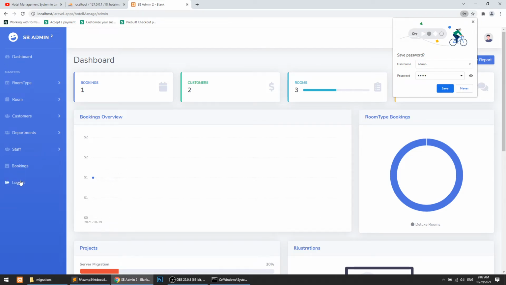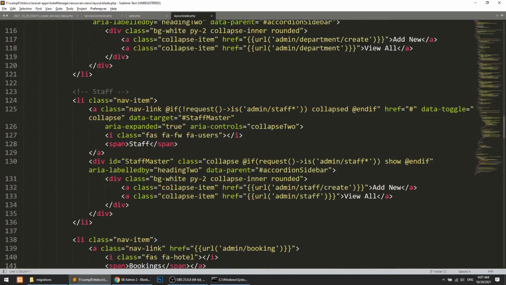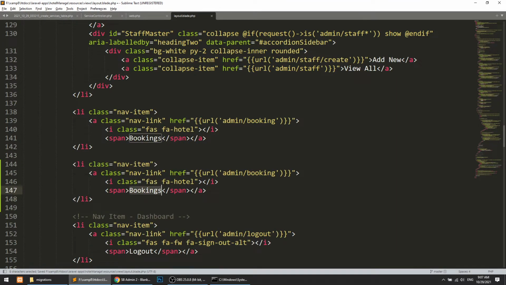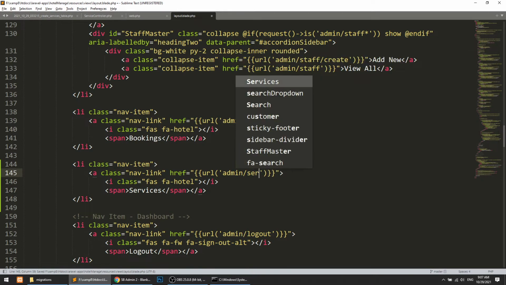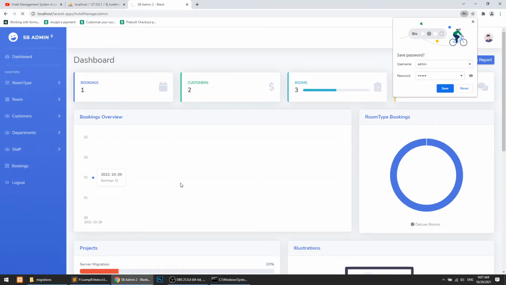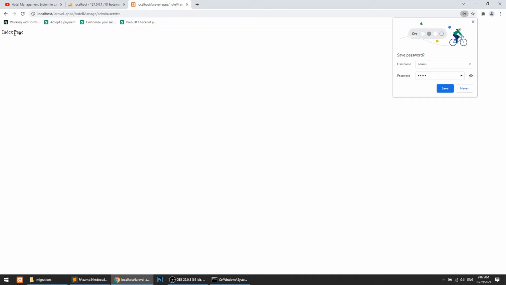Below the booking we will add services, and this will be the service route, and let's say the icon will be table. Now when we click on this, it will show the index page. It means everything is working.